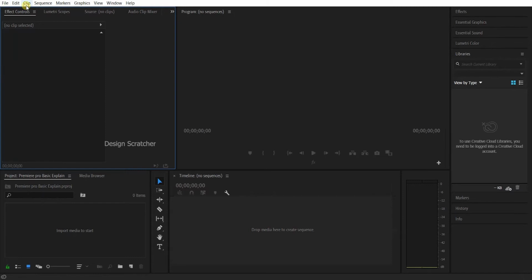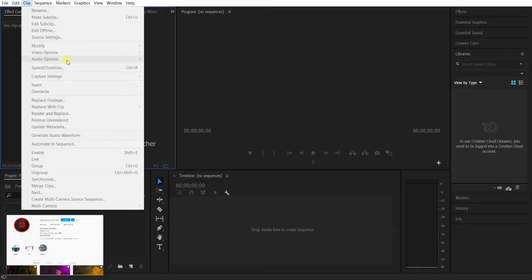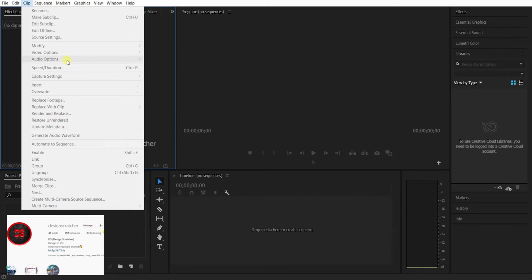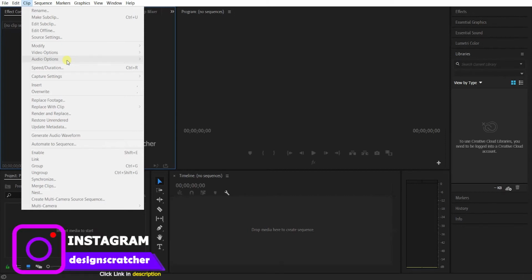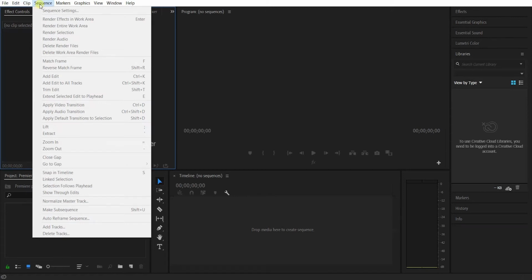This means the duration, everything, the modification, video options, automation, sequence, update media, enable, link, group, image clips, everything is here only. Clips, you can select and click it for any two. You can change and enable, merge, automation, restore, replacement. If you have a replacement, this is for replacement. If you have a replacement, then replace here also.